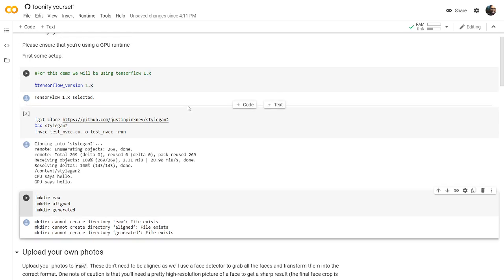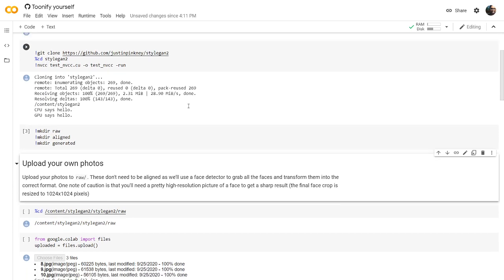We'll be using this to get the latent vectors for the images, and we will be creating three folders: raw, aligned, and generated. In raw we will be uploading our images. What the authors did is, you can give any images, whether the face is looking at the camera or not, or the faces are somewhere in the image.